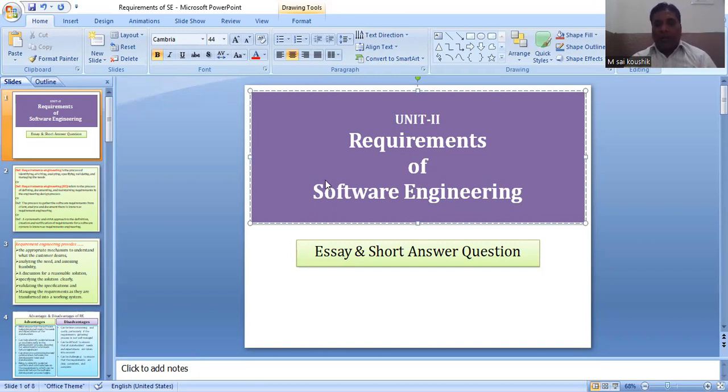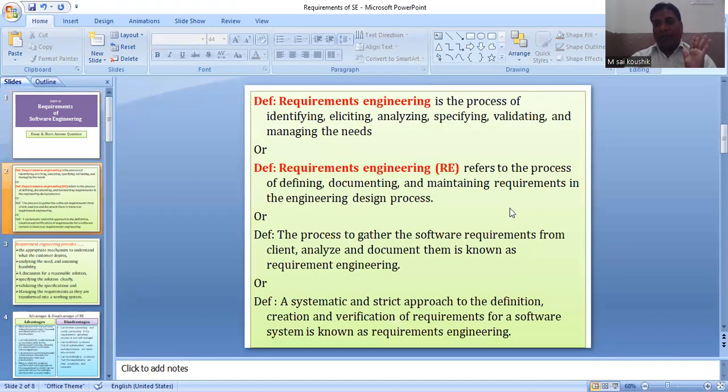Here, in the case of software engineering, we depend on some kind of requirements. Based on this, we can design and write our own definition. Here, I have given multiple definitions. For a practical purpose, you should take any one definition. But in the examination, you should write all these definitions. There are 1, 2, 3, 4 definitions. You can choose the easiest one for the practical examination. Here, in the first definition,